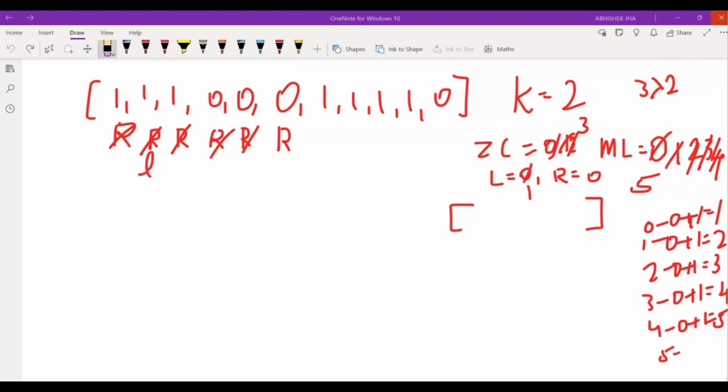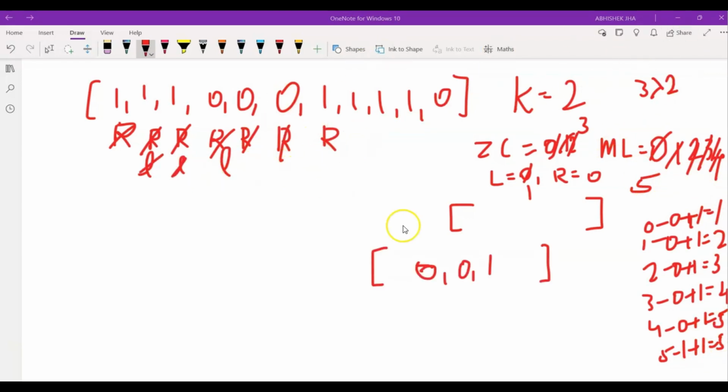Here the condition is violated, that is, 0 count is greater than k. So here we'll shrink the window from the left. So nums of 0 is 1, so there would be no change to 0 count, and we'll increment the left pointer from 0 to 1, and the window size remains 5 itself, that is 5 minus 1 plus 1, that is 5, and max length remains the same. So we'll continue to shrink our window until our window contains at most k zeros, that is